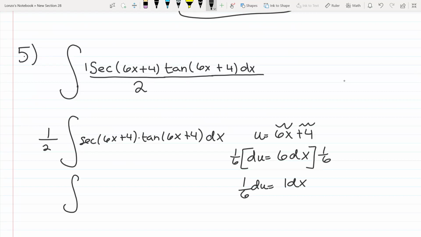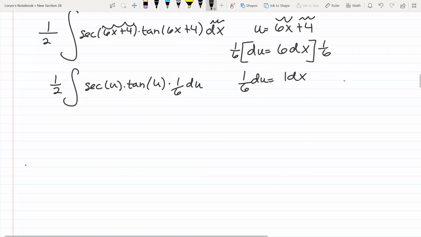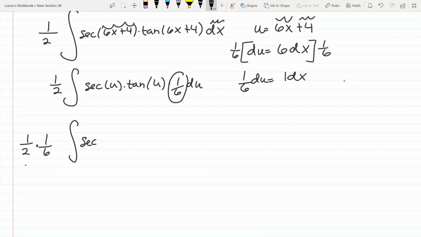You can rewrite this problem as 1/2, and then you have secant, and just replace this with u, times tan of u, and you're going to replace this 1 dx with 1/6 du. And then 1/6 is a constant, so I'm going to take it out. And then you have secant of u times tan of u